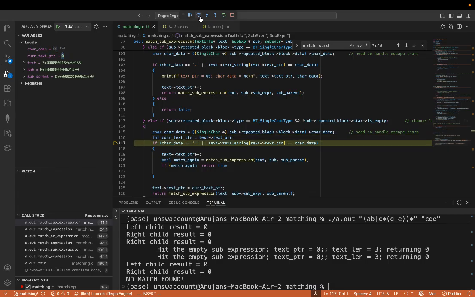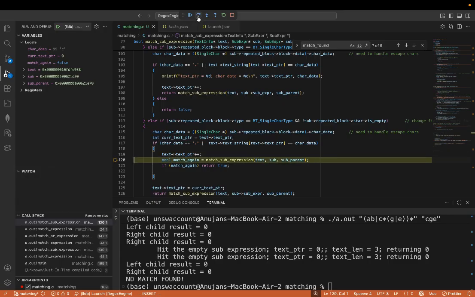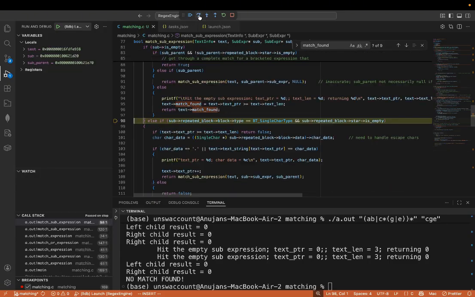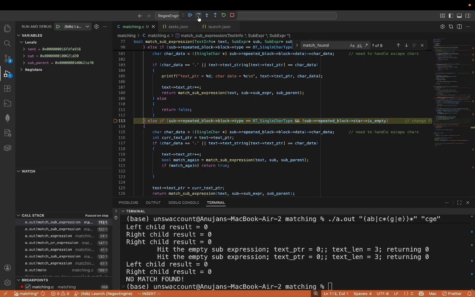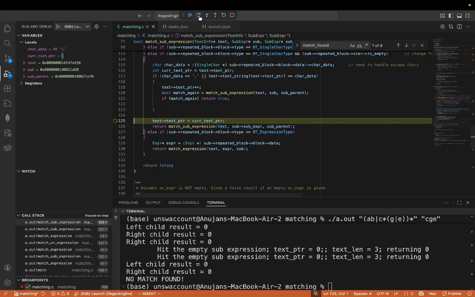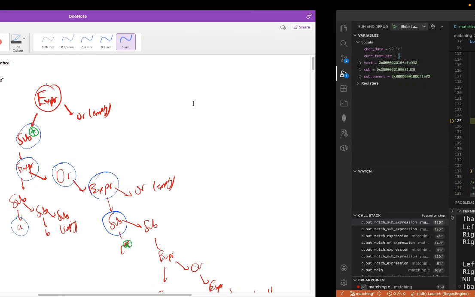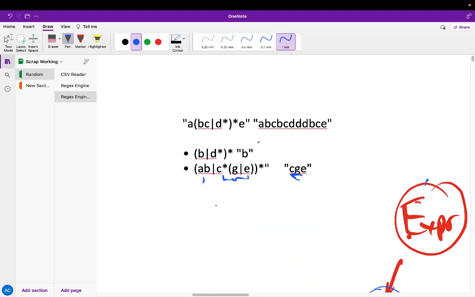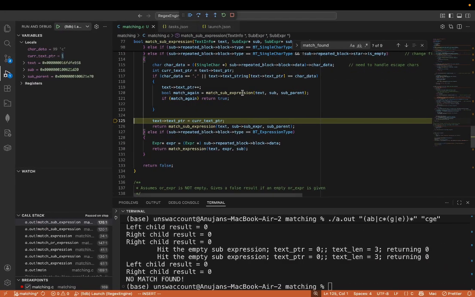If it matches, it should. Good. This happens. We're going to match again. Okay. This time it will not match. Good. Current text pointer should stay at index 1, which is good because index 1 refers to this guy. Return submatch expression